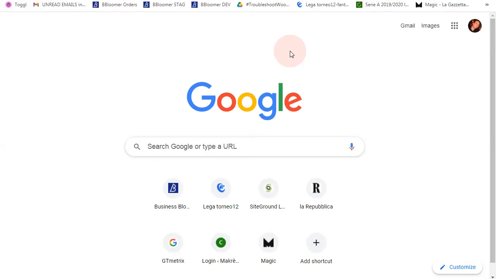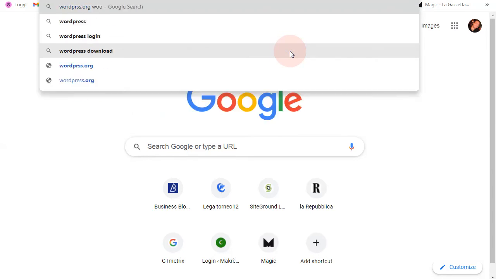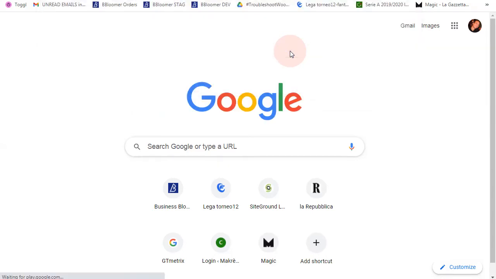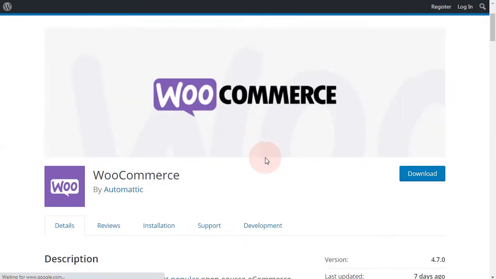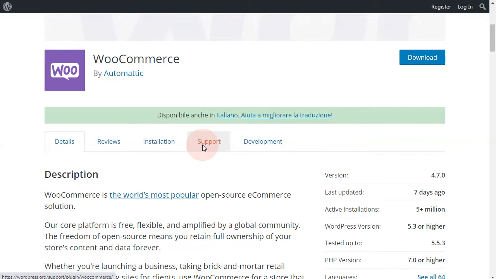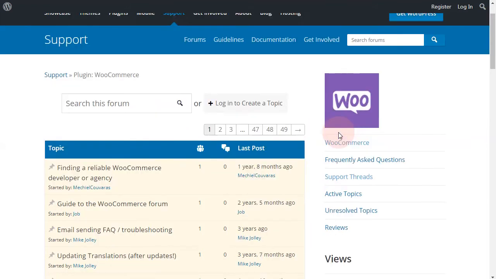You can go to the WordPress.org WooCommerce plugin page. Then you move on to support, and from there, here it is, if you're logged in with a WP.org account, you're able to create a topic.